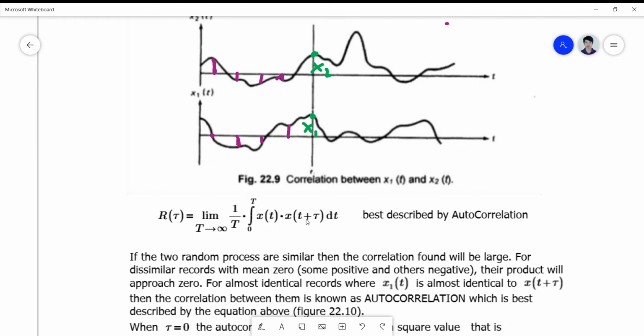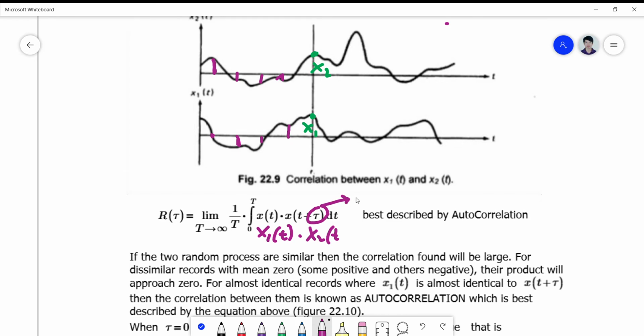So the values are now, these are two experiments or two records. So the one is x of t and the other is x of t plus a certain tau there. So what does this mean? So this can be better represented by an x1 of t multiplied by an x2 of t, but the fact that we are trying to relate the two, what we're going to do later is to make use of what you call a delay or an advance time tau. Okay, so this tau here simply delays or simply advances your graph in such a way that your x1 of t and x2 of t will be randomly picked or randomly